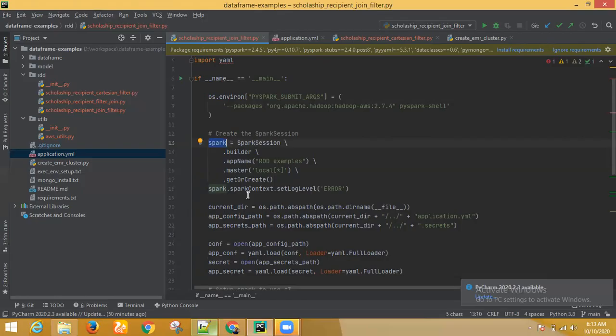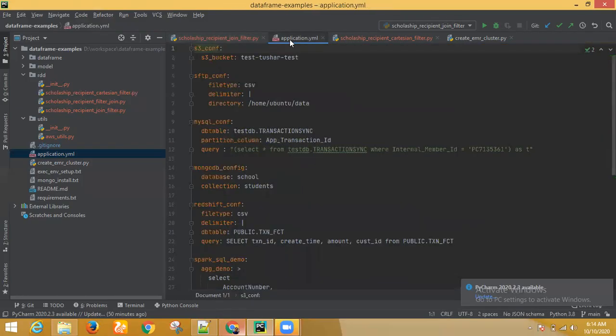One is system level configurations. System level configurations means your S3 credentials, your database credentials from which you are fetching data, all these different credentials. And the other thing is application level, like suppose you have some table or some files, you have a certain format. That level of configuration you can maintain in a different file called the application YAML file.